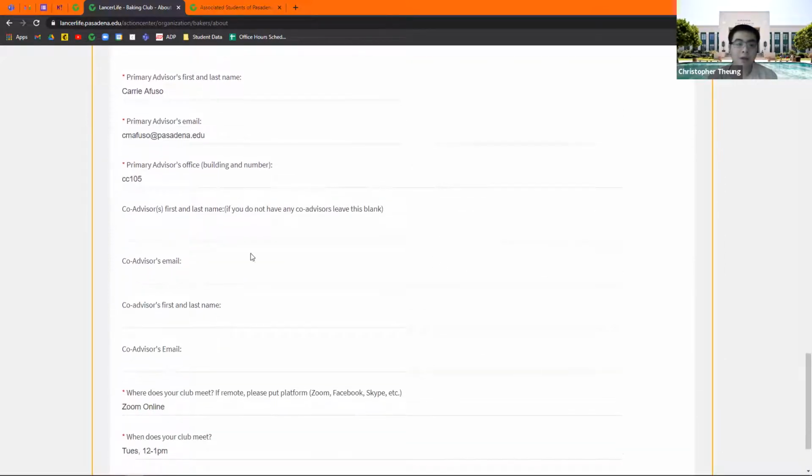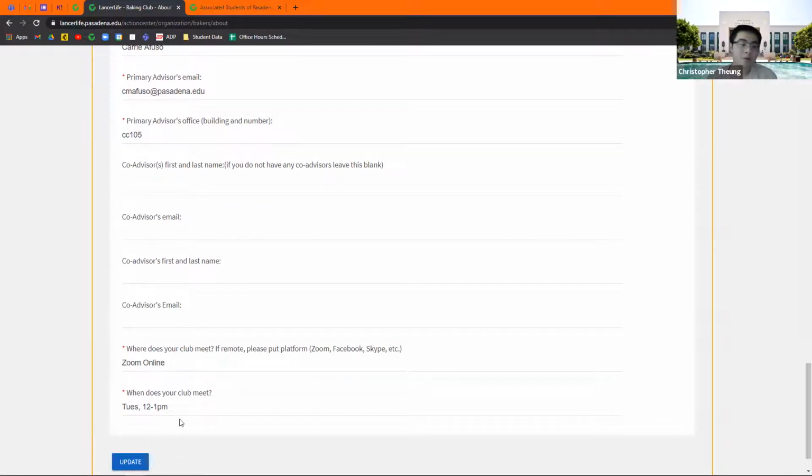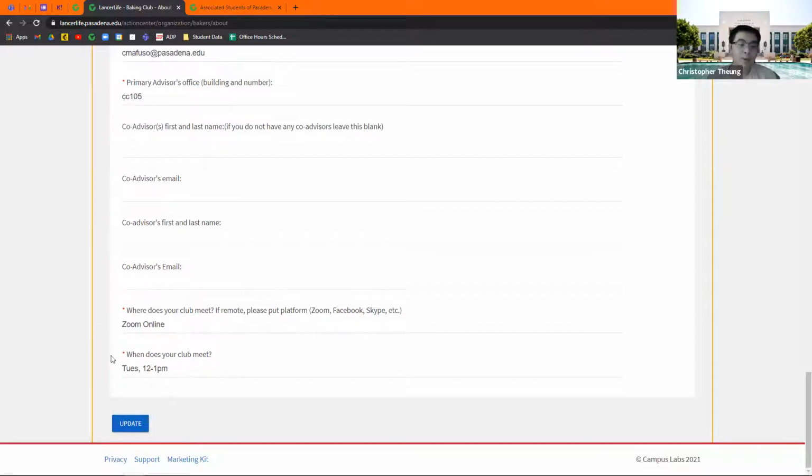And this bottom part right here is probably one of the more important parts of this edit dialog. Your advisor is going to be listed here. So if anybody, as a last ditch effort, really cannot contact your club, they can run to your advisor and email them, and your advisor can check up with your club. If you have any co-advisors, make sure they're listed too. The other thing that's also important, especially now that we're virtual, is to put the meeting platform, whether it be Zoom or Skype or whatever you decide on, and the time that your club meets, because I know all of you should have regularly scheduled club meetings. So make sure you put that information down